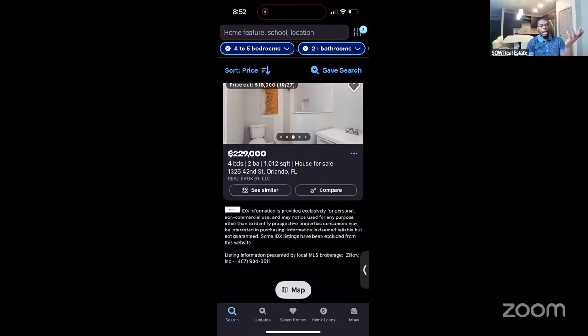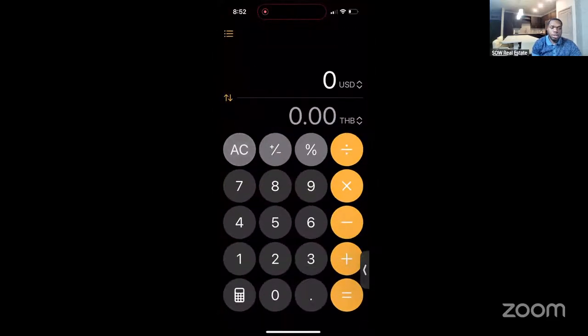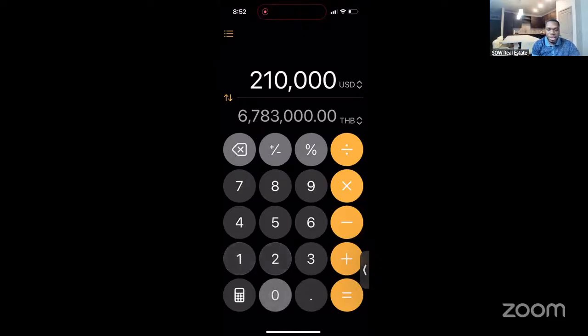Okay, we got the ARV down. We figured out what this house could sell for. Now what does that mean in terms of what we're supposed to get the house for? As you know, if you're a wholesaler, your job is to get the property at a discount and pass that discount on to an investor. So your job is to look at it from the perspective of someone who's going to flip the house or invest in the home, and acquire that house for that price minus your wholesale fee. In other words, let's take the 210 and we're going to do ARV times 70% minus the